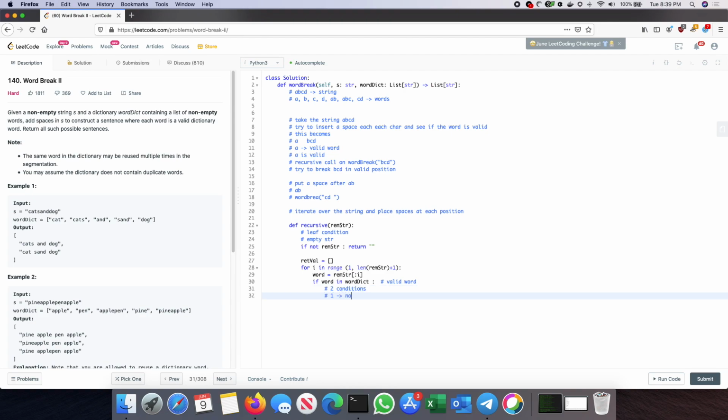One, nothing is left. Two, some characters are left, right? If nothing is left, what do we do here? If not remstr of i colon, we just say retrieval dot append remstr, that's it. Else